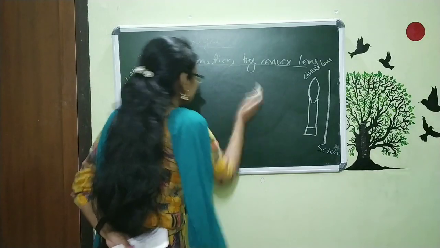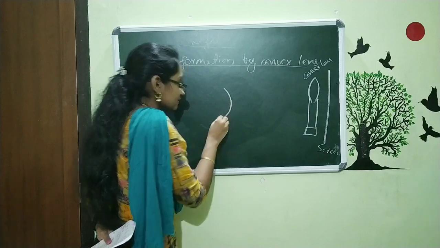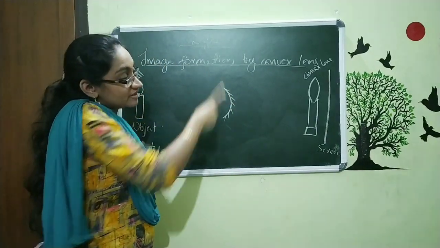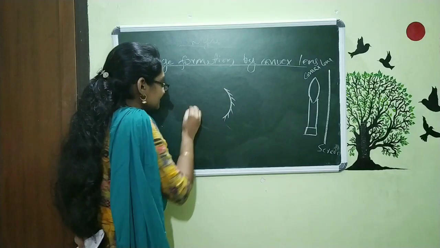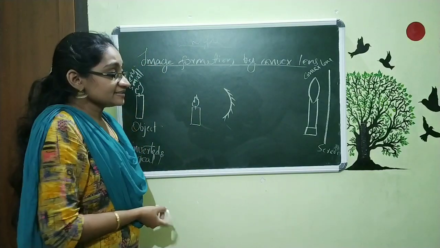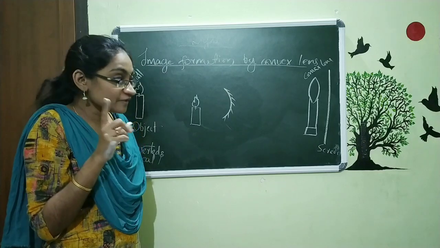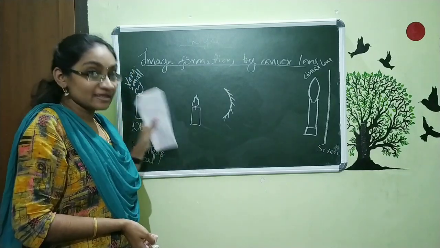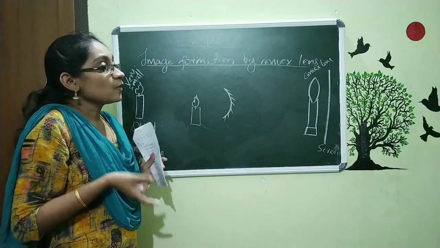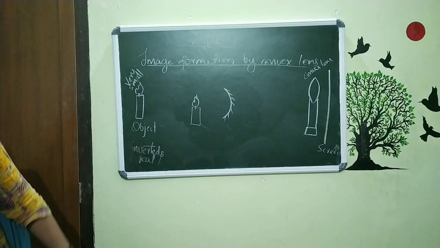When we are studying the mirror, the thing is this. Suppose this is our concave mirror and we are placing the object here, and where you are getting the image, you will get the image at the left side. You will get it on the left side. But what about the lens? If you are getting it on the same side,